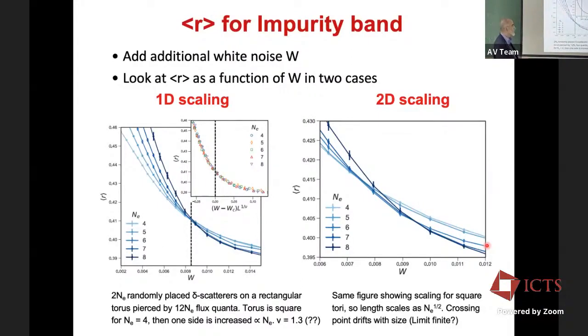We have n from 4 to 8. But there seems to be enough movement. If you look at the 4 one, which is this guy, it crosses here, but by the time you go to the largest one, they're crossing somewhere here. So there's a fair amount of movement of the crossing point. Unfortunately, we don't have enough data to tell for sure how the systematics of the crossing point depend on size.